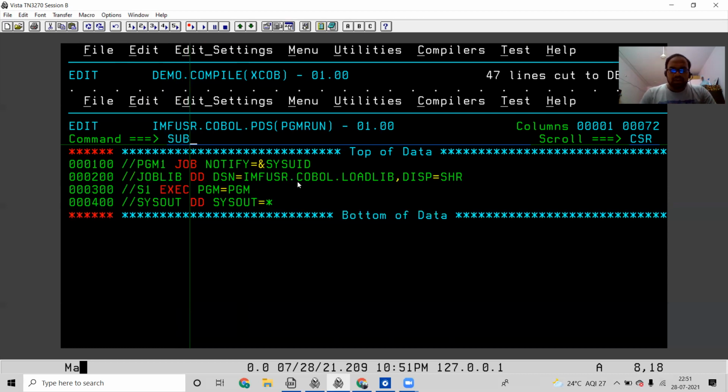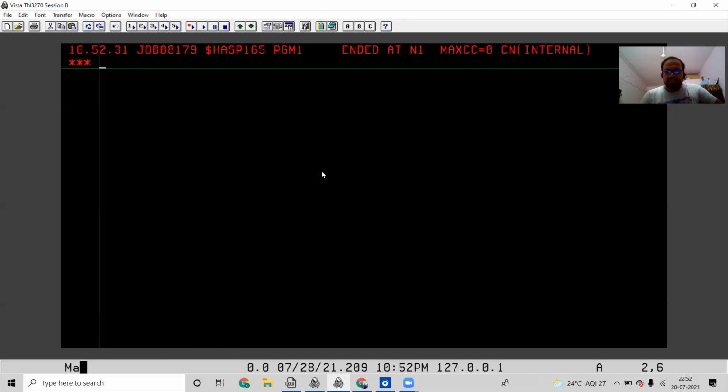What we are doing is calling the object code from this particular load library. For COBOL, source code and object code will have the same name. But source code you are coding, and object code you get during compilation. And that object code we call at runtime. Source code does not have anything to do with the runtime. Only the object code we are going to call at runtime. So submit it. Max is 0.